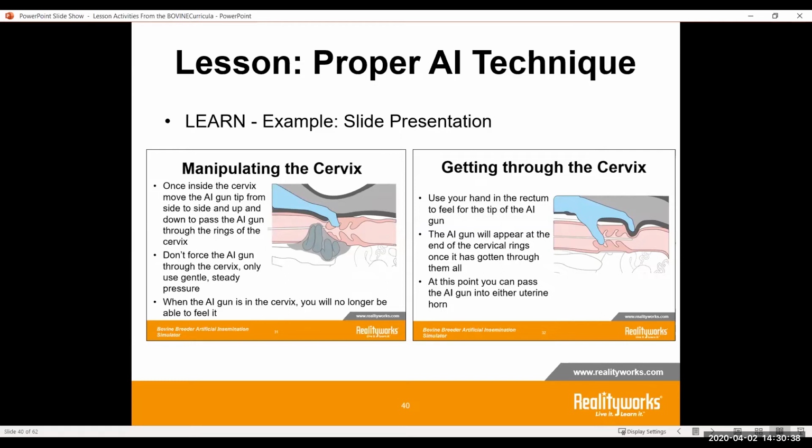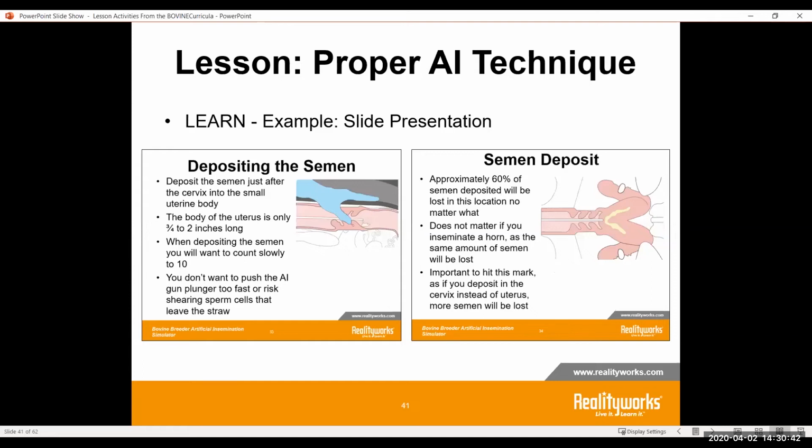So again, this gives students an opportunity to gain from these pictures and slides, and then how the semen should be deposited and where it's going to go, allowing them to go to that next level from, yep, I know anatomy, to why that anatomy is important. What does it do if I want to get a job in the agriculture world? How do I then use this knowledge to help me in that sense?